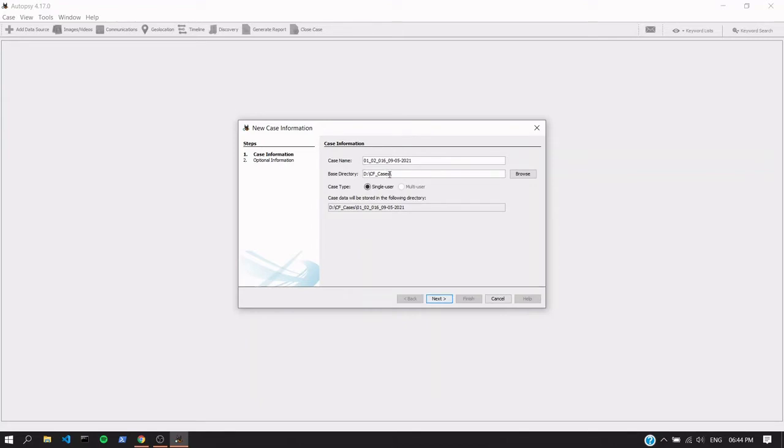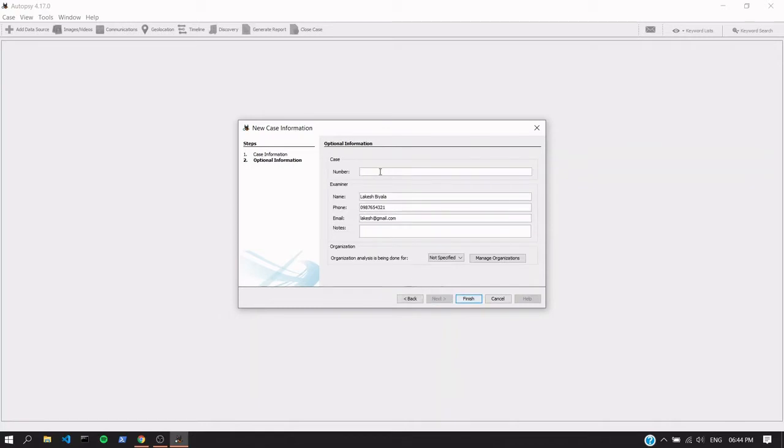Here we create a directory to store all the information regarding these cases. I have made a folder, CF cases, in which all the information about this case would be stored. This is the same folder, so we do next. Here I would give a case number, say 001. Here are my details. Give any detail you want to.